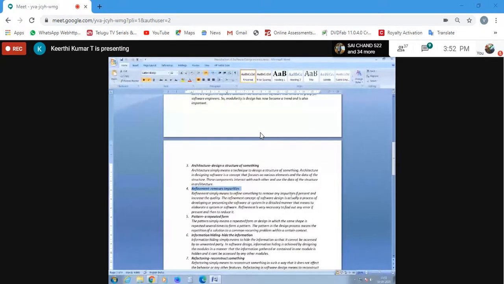The refinement concept of software is actually a process of developing or presenting software in a detailed manner. That means to elaborate a system to find out an error. Even this refinement is going to be done to find out an error, if present, and to reduce it. It simply means to refine something to remove any impurities, if present, and then increase the quality. So refinement,